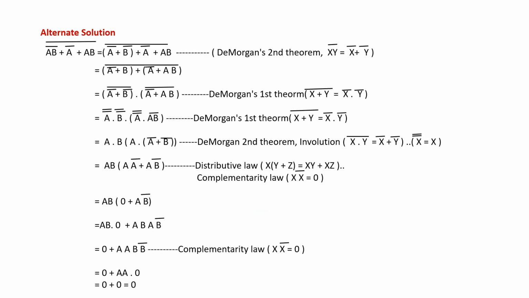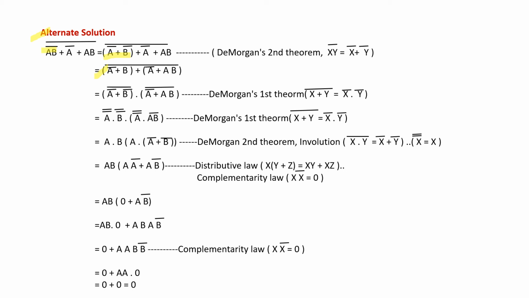We already had a look at the easier approach using De Morganization. Now we will look at an alternate approach using De Morgan's first and second theorems and a few other basic theorems of Boolean algebra. We have taken the same example. The first step is to apply De Morgan's second theorem on the (AB) complement, and we get A complement OR B complement, and we can replace it in the equation as specified. In the next step, we organize to keep the A complement ORed with B together and A complement ORed with AB together, as specified.